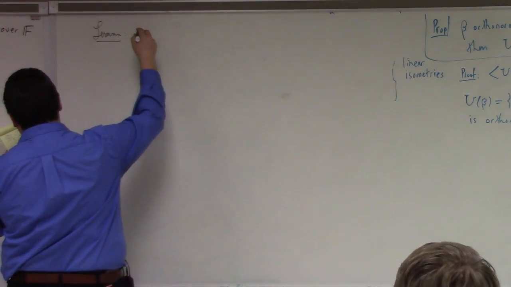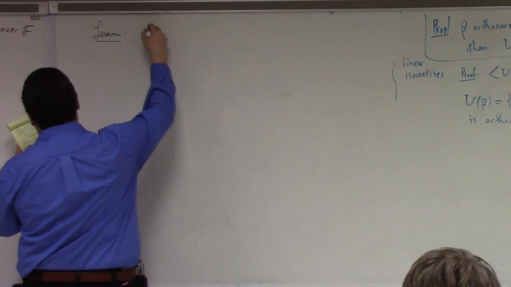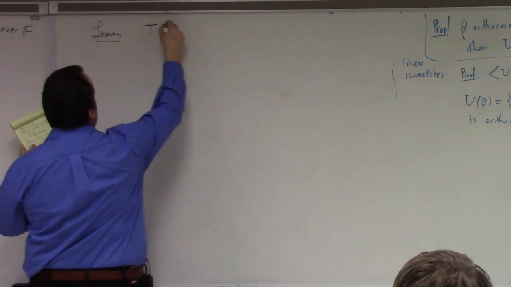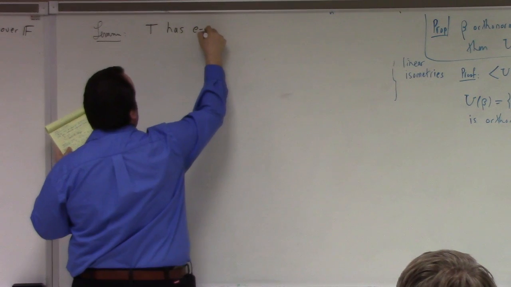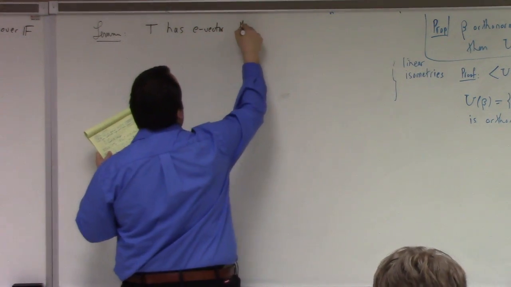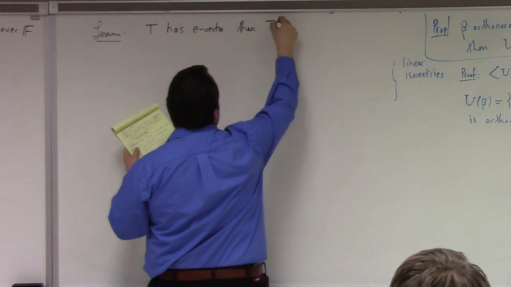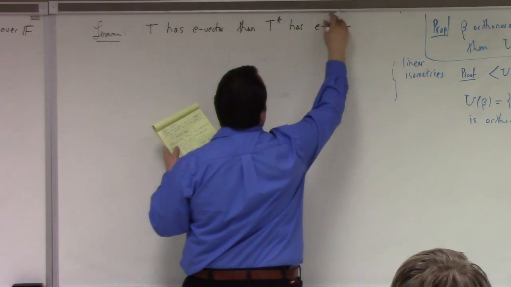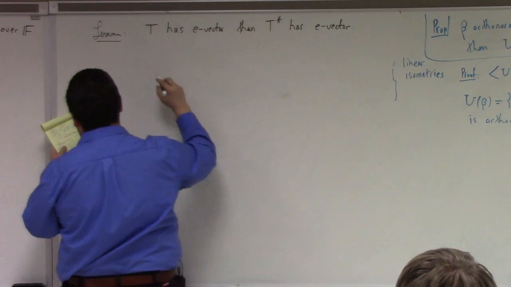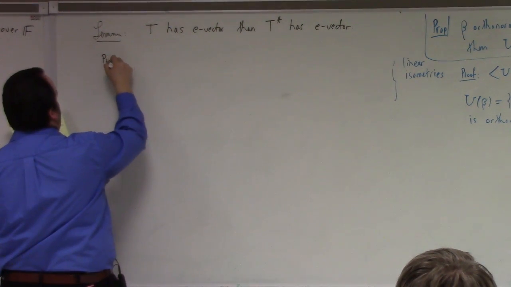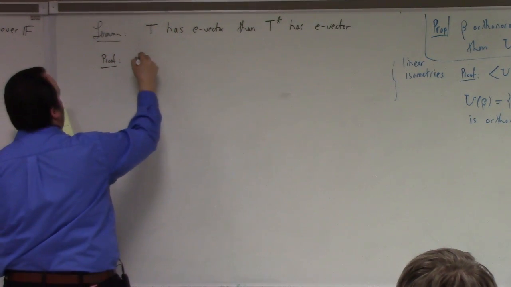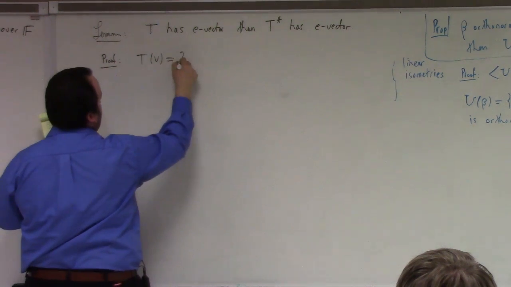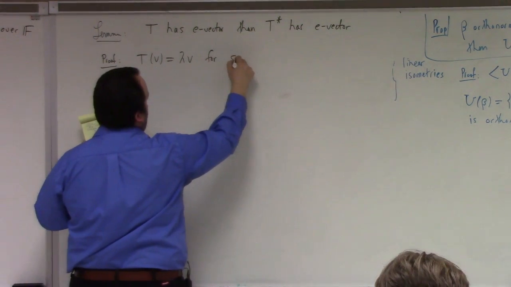So the lemma that we need here is that if T has an eigenvector, then so does its adjoint. So the proof is really nice. If we have T(v) = λv for some v not equal to 0,